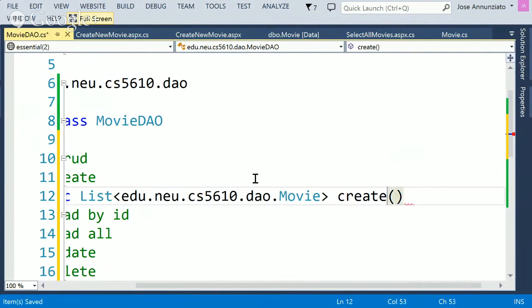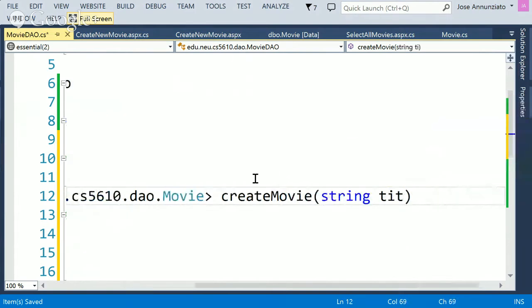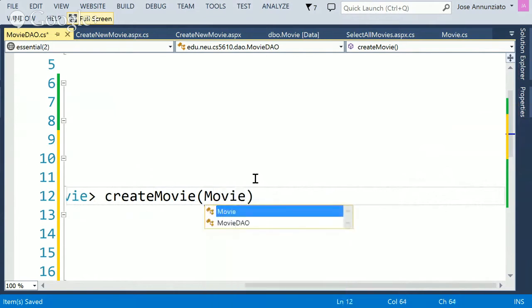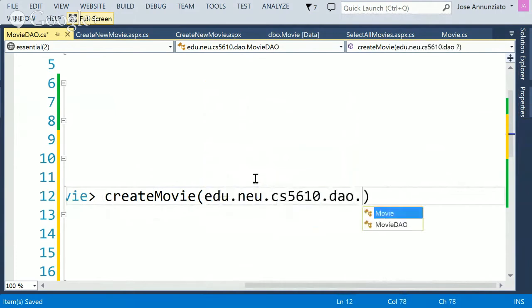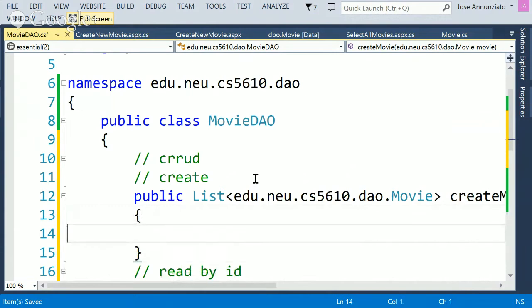Here, create. So here's create movie. There's a couple of things that we could do here. I can provide the arguments to create the new movie, like this, the title and the plot, or I can pass you an object that contains all the values that I need. This is the movie that I want you to create. So it is more of an object-oriented way of doing it. I give you something that already has the attributes. And in here, I'm going to paste